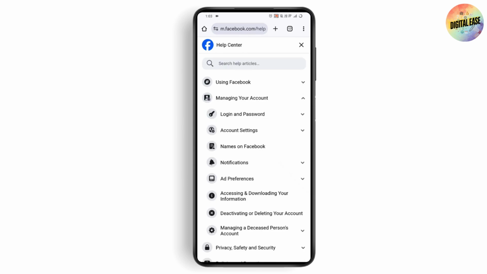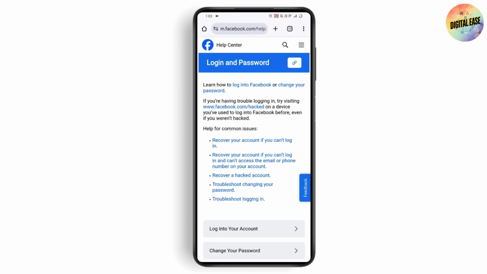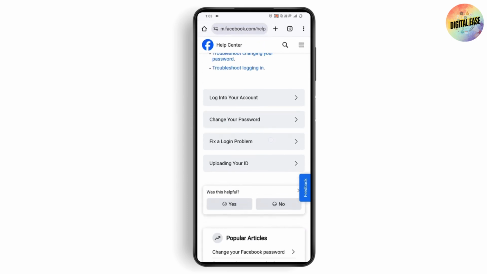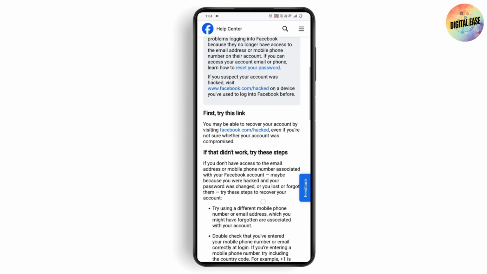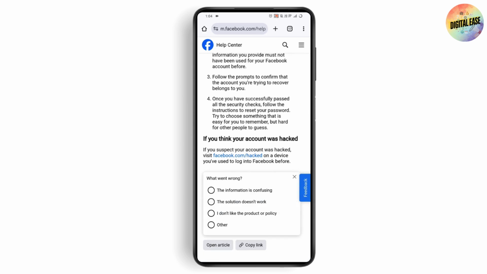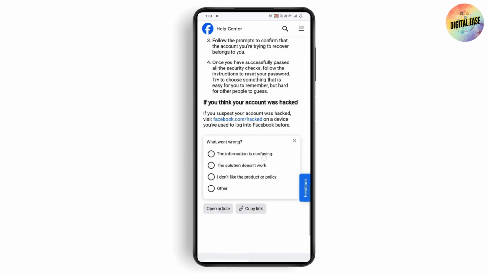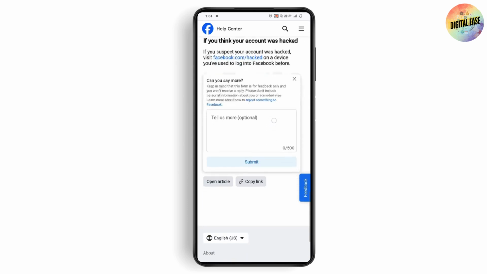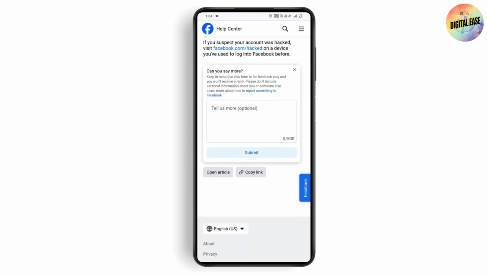Tap on managing your account, and under managing your account, tap on login and password, and under that you'll have fix a login problem. Tap on it, scroll down, and then you need to just go with was this helpful. Tap on no, and here you need to go with other, and then you need to write dear Facebook team,